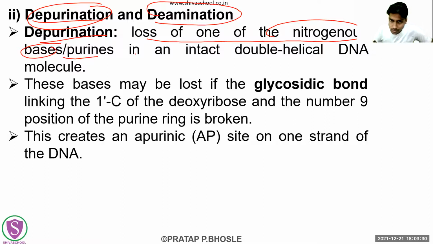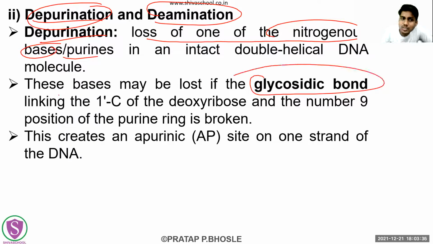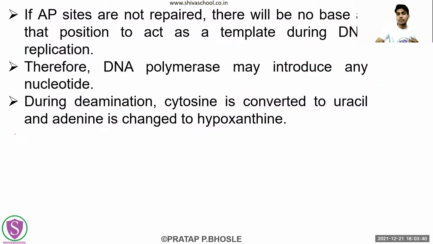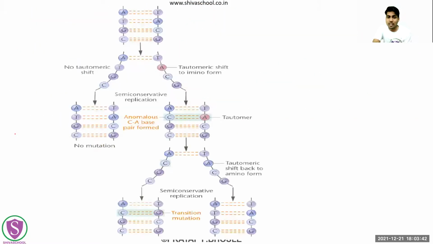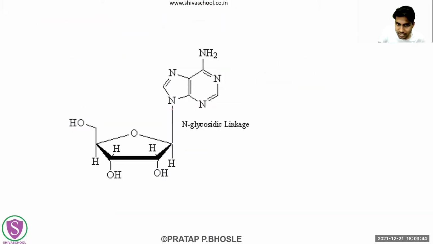So whatever these bases are there, they may get lost when the glycosidic bond, that bond, gets broken. When that bond breaks, this happens. See, this is the glycosidic bond. Suppose this bond gets broken because of some reason. If this bond gets broken, then whatever these problems or mutations are going to occur,